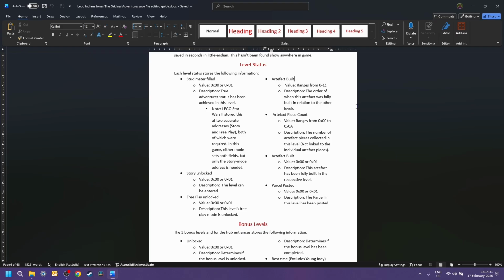But if I did the other way around, the Lost Temple had the artifact built first, and Into the Mountains had it built second, the Lost Temple would be 00, and Into the Mountains would be 01.